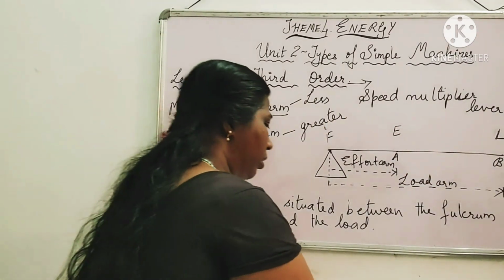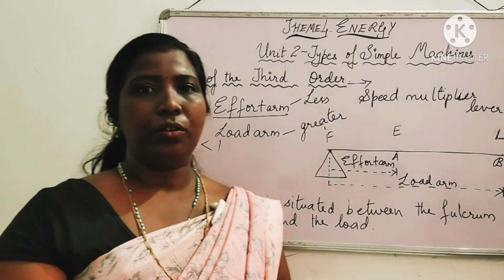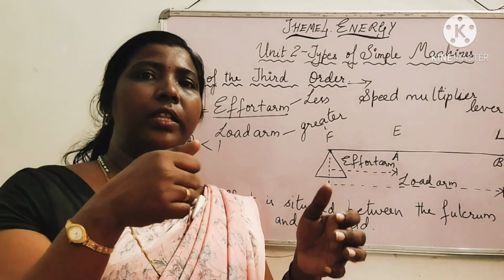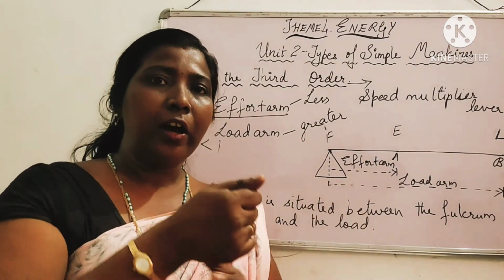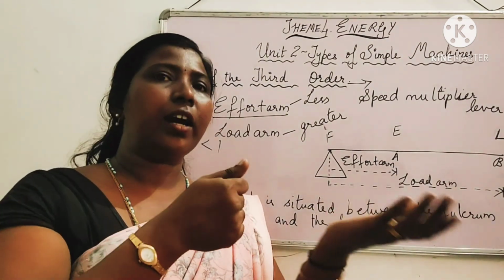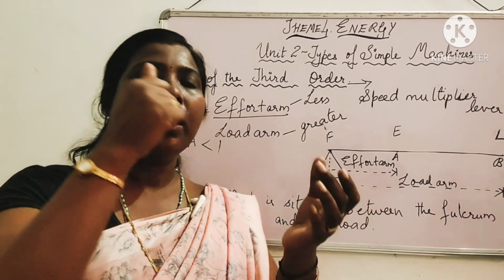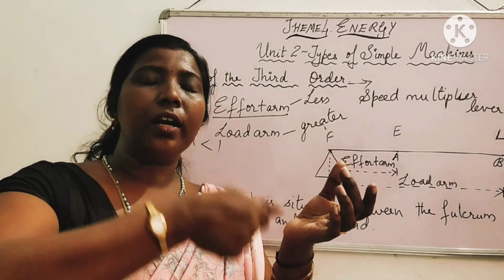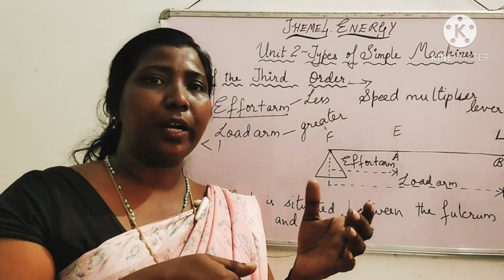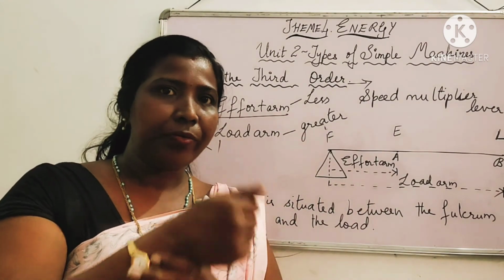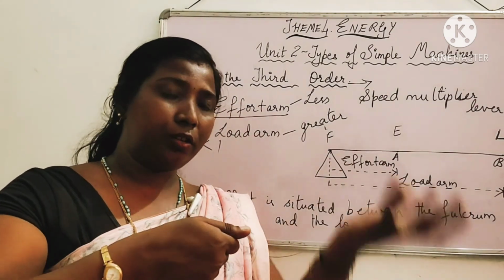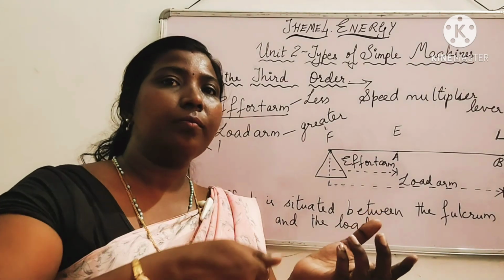So, for example, if I am taking a knife, when I need to cut something, when we are holding the knife, that is the fulcrum. When we are cutting, we are putting an effort on it. When we are cutting a slice of bread, the example is already given in your book. The fulcrum, the fixed point, is here, the hand. The effort is for cutting the load. So that is the third order.